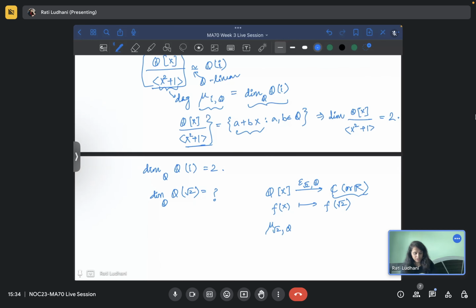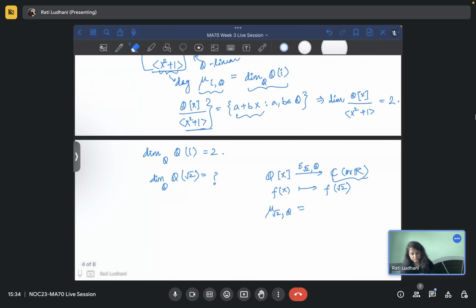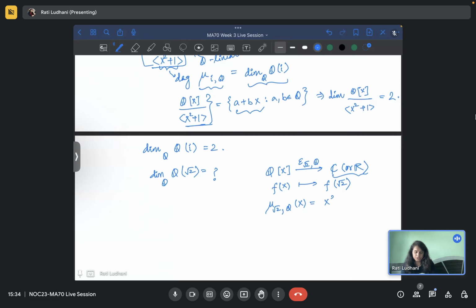So can anyone tell me what should be that? What should be the minimal polynomial for root 2? X square minus 2. Exactly, x square minus 2. Very good. So because you know for root 2 you can pick x square minus 2. So to begin with, x square minus 2 belongs to the kernel of this, and again you can prove that this is minimal. So we have the isomorphism